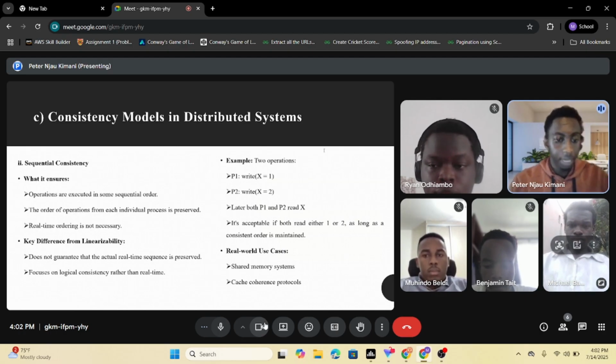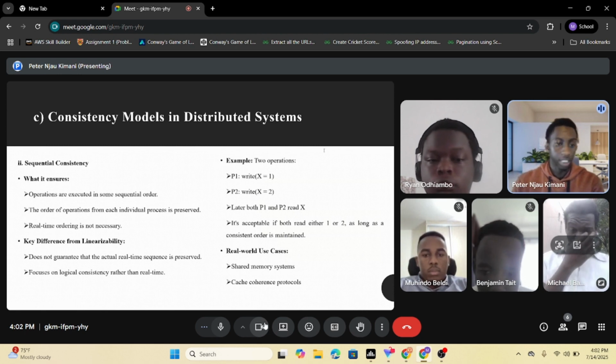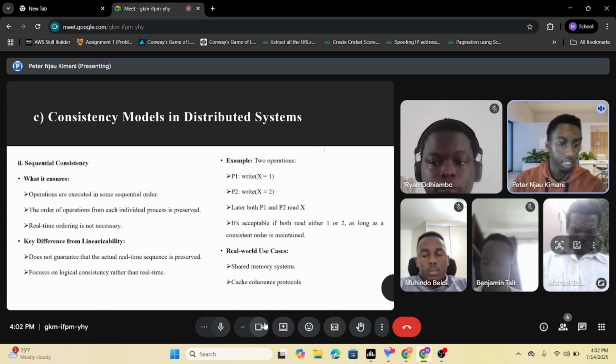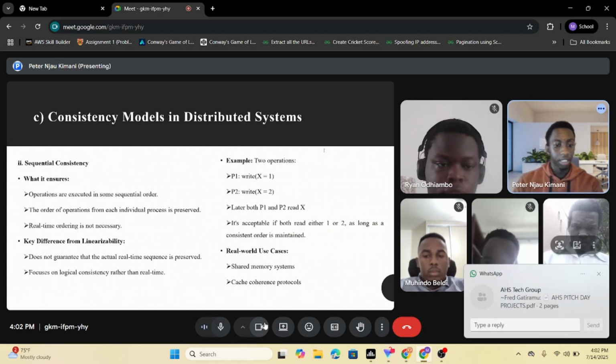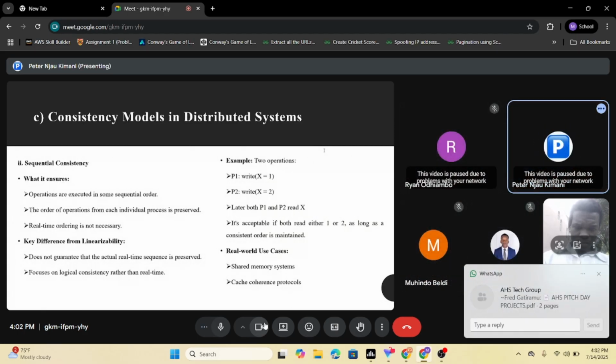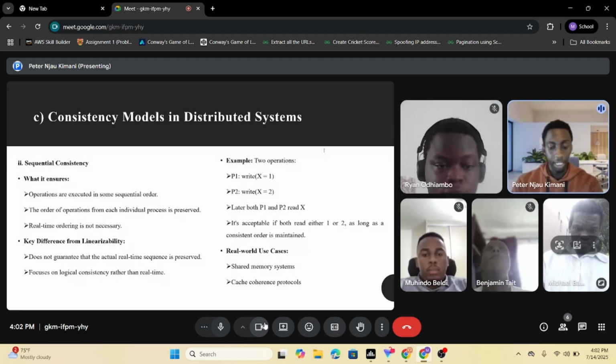And lastly, real-time ordering is not necessary, as opposed to what we discussed earlier. So the key difference between sequential consistency and linearizability is that it does not guarantee the actual real-time sequence is preserved, and also it focuses on logical consistency